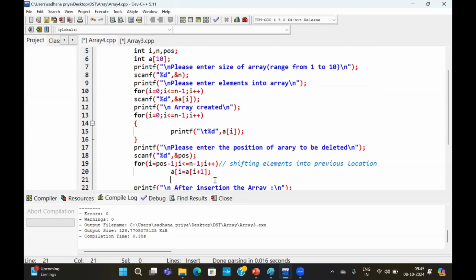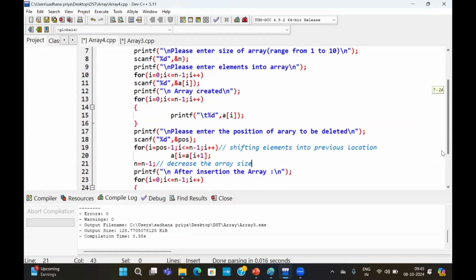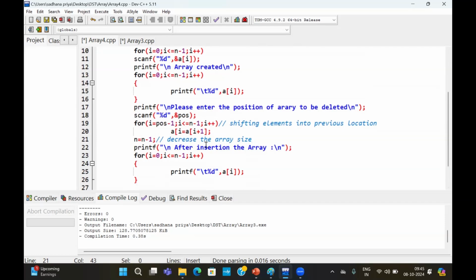After that, we have to decrease the size, n equal to n minus 1. Once decreased, then we have to print the value after deletion.